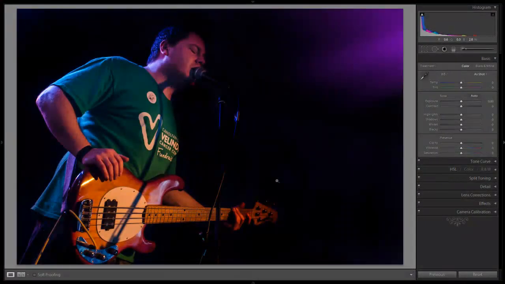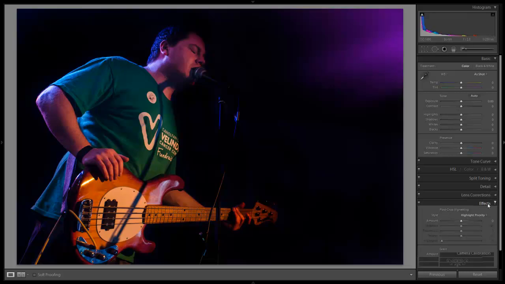Okay, we're back in Lightroom now with the image that we've edited inside Photoshop. So if we want to now, we can make a couple of additional tweaks. We can adjust the colors, we can do whatever we want with it. So some of the things I generally tend to do with mine,